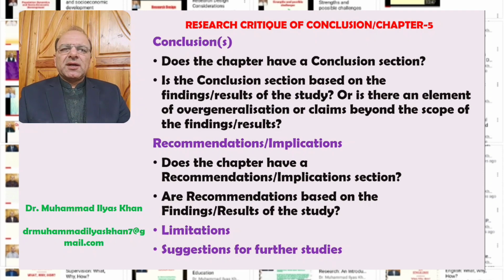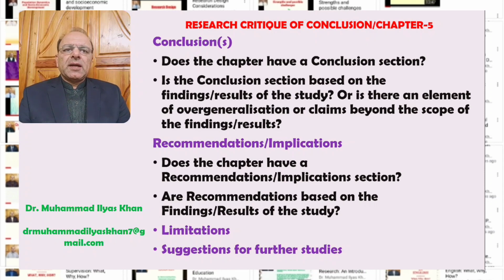So it is important to get good reports from research critics and thesis reviewers or research paper reviewers that the conclusions that are drawn towards the end of the research are actually based on our findings and results. In many cases, junior researchers, student researchers make this mistake that they overgeneralize or they go beyond the scope of their findings and they make claims that are actually not reflected in their findings section. So it is important to avoid this discrepancy between what they have really found and what they are claiming or concluding from